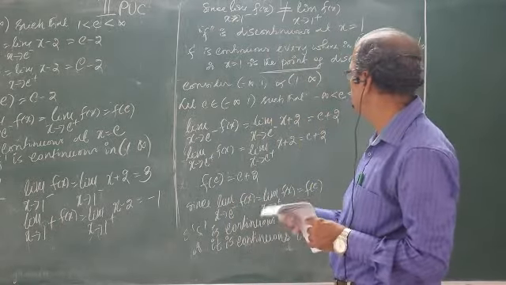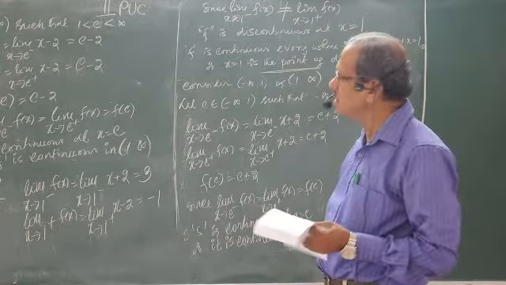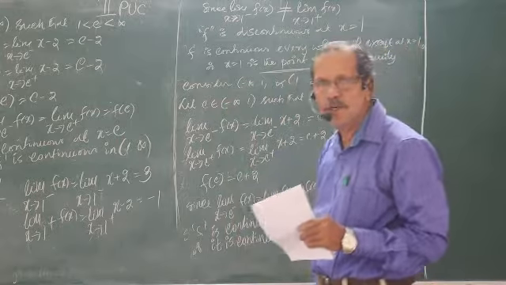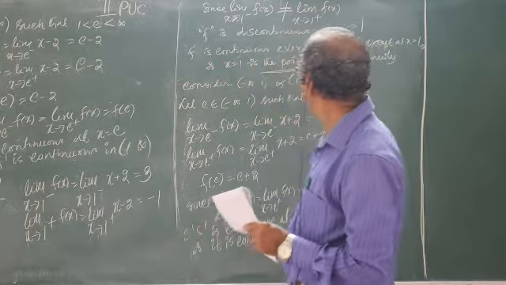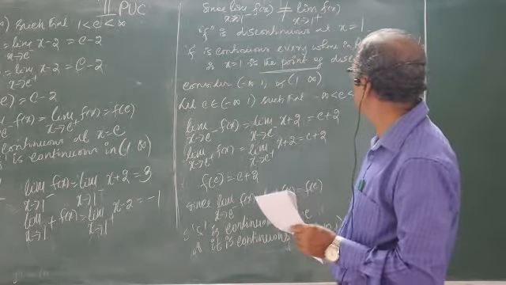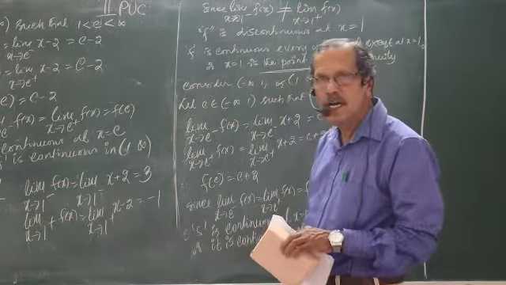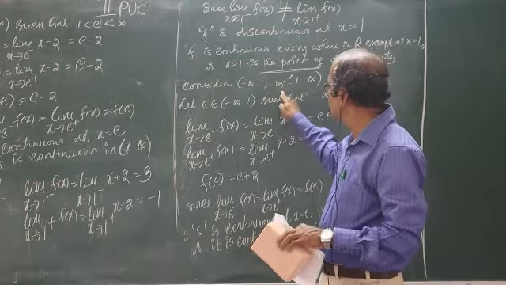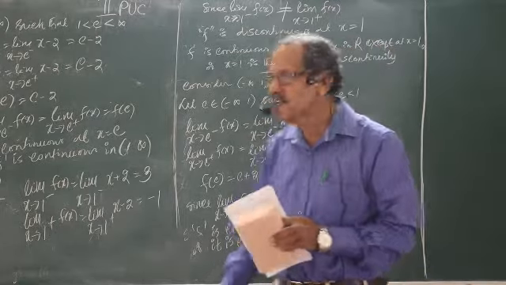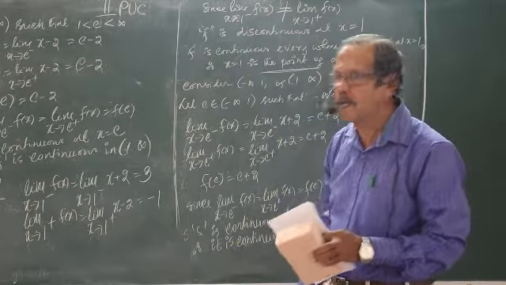Write the things correctly, step by step, in order to show the function is continuous or discontinuous. These are the things you have to do there. Actually, the given interval contains 2 sub-intervals: minus infinity up to 1 and 1 to infinity. So, verify whether the function is continuous in both the intervals. Finally, find the continuity of the function at the end point of the first interval, the initial point of the second interval. If it is continuous at x equal to 1 also, then we could have written it is continuous everywhere in R.